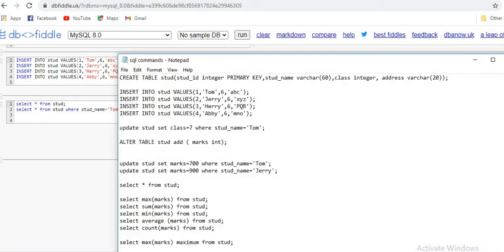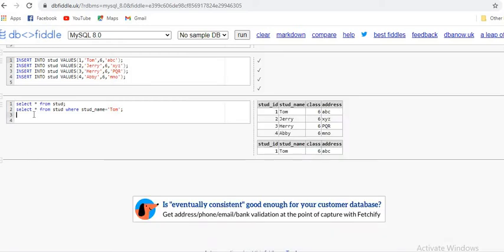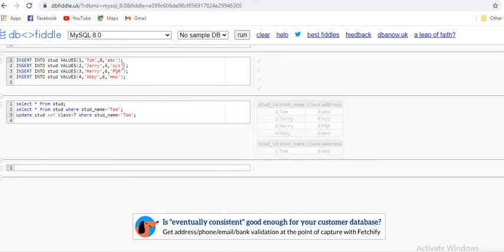Update basically will help you to update a single cell or more than one cell also. You can update by using that update command. So update table name set whatever you want to set, where you have to give the clause. I'll apply it over here and I'm just going to run it.